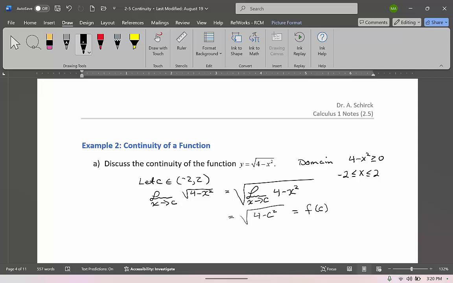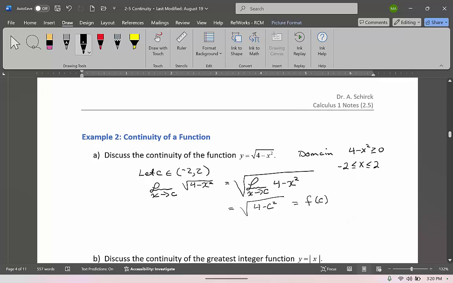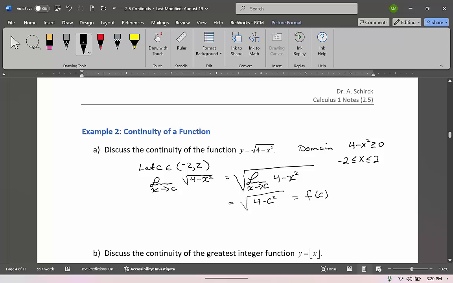Okay? And so basically what we showed here is that the limit exists, and it actually equals the value of the function for any point on the interval from -2 to 2, not including the endpoints. And the reason we don't include the endpoints is because at the endpoints we have to look at left and right-hand continuity. So at -2, we have to look at